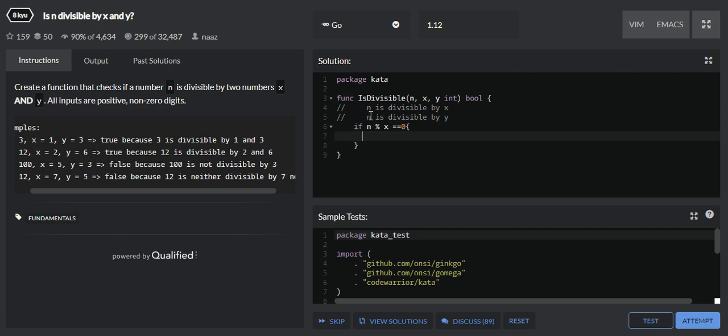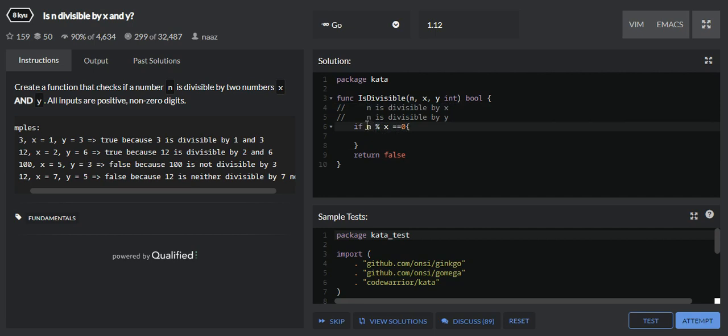But if the number is not divisible, then this condition will not be true, so it will not go inside this if block, and we will just return false. The modulus is used in order to check whether the remainder of the division is 0 or not.